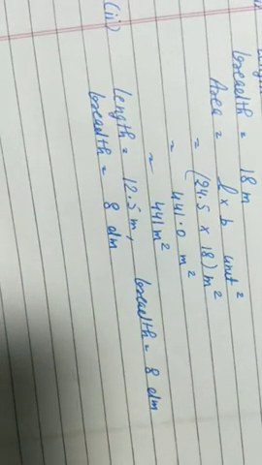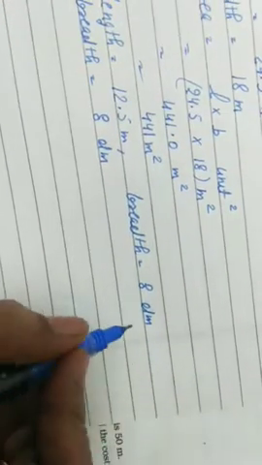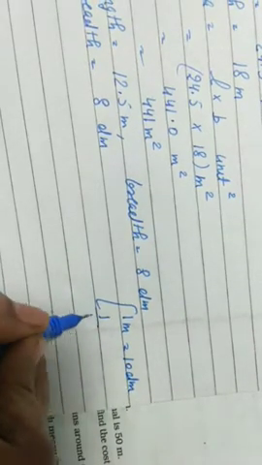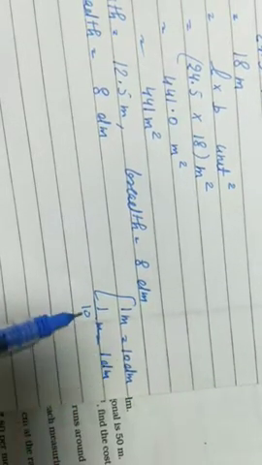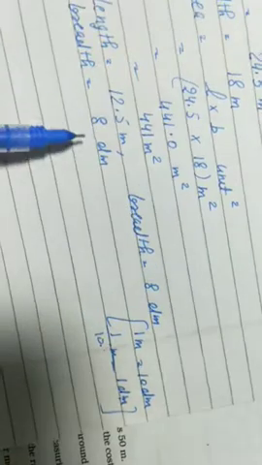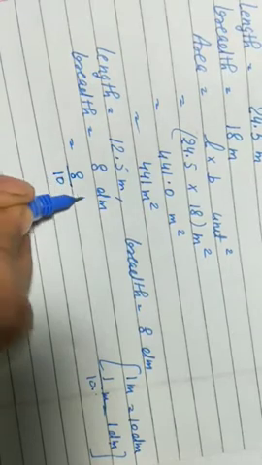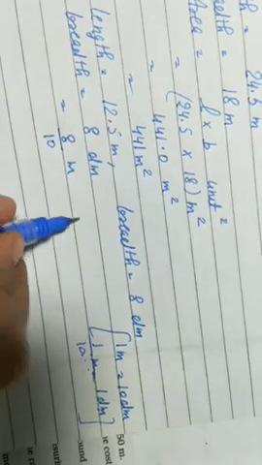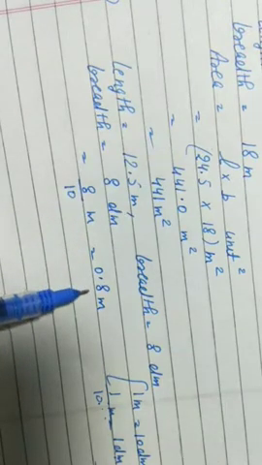You must be aware from the table, you are already aware that 1 meter is 10 decimeter. See class, 1 meter is how much? 10 decimeter. Then 1 by 10 meter is 1 decimeter. You can see 1 decimeter is 1 by 10 meter. You have to change decimeter to meter, so we'll divide by 10. Here it is 8 decimeter, then it is equal to 8 by 10 meter. You can see 1 decimeter is 1 by 10 meter, then 8 decimeter is 8 by 10 meter. That is 0.8 meter.